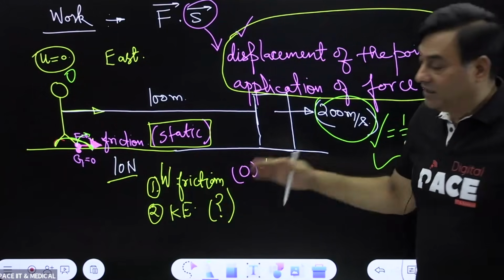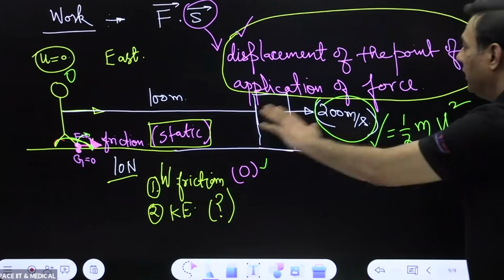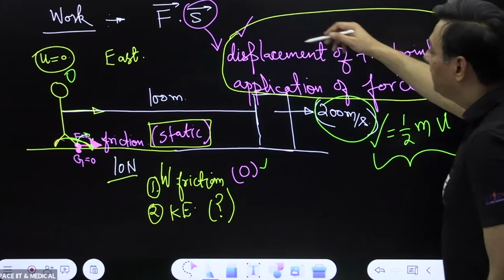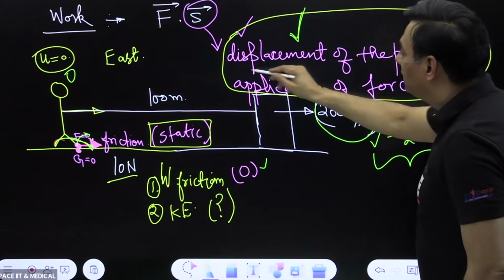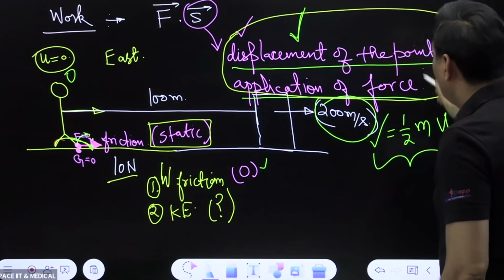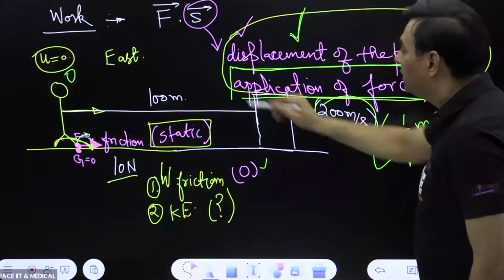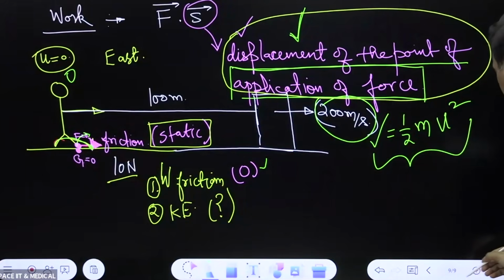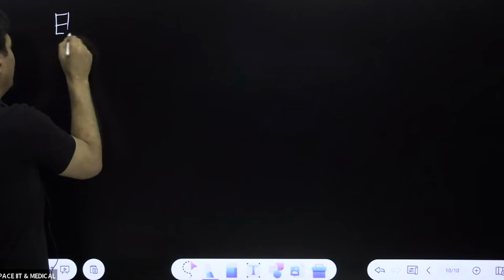Get this clear. Now, okay, this was something very important I want to highlight, that this is the displacement of the point of application of force, not the center of mass of the body. Now, next question. Next concept. Collisions, quickly. Everyone attentive? There are 3 types of collisions: elastic,